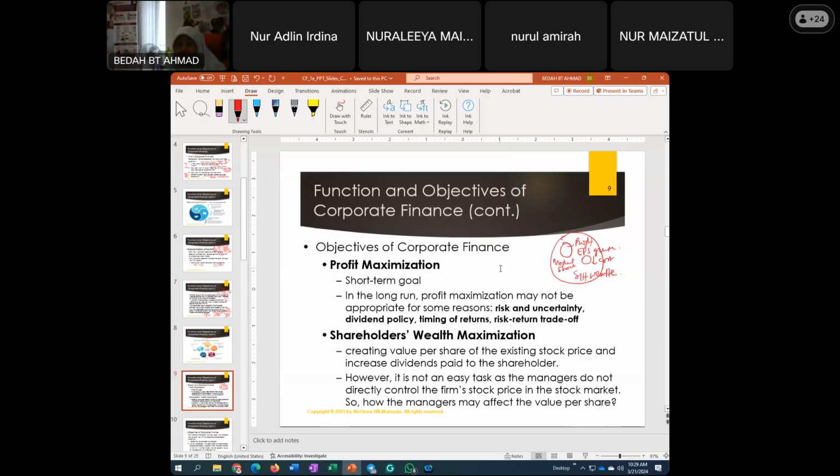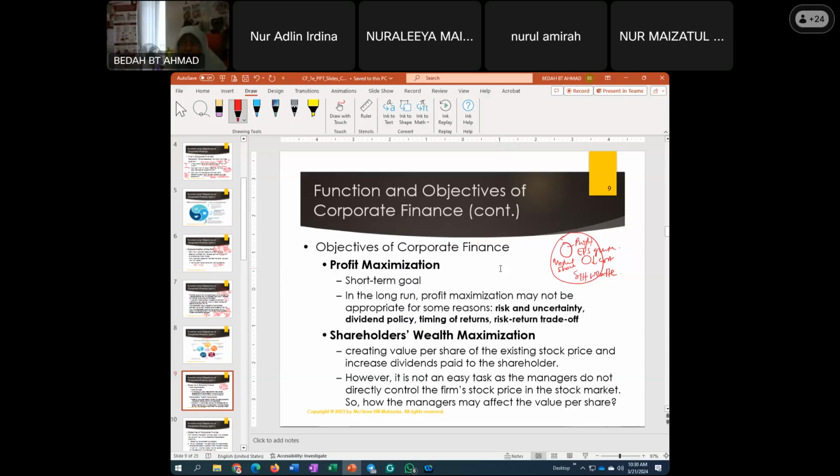But since the company wants to cut costs on R&D, the company will not have up-to-date products. So in the short-term period, cutting costs on R&D benefits the company. They can reduce the R&D and increase the profit. But in the long run, there is a danger or a risk to the company if